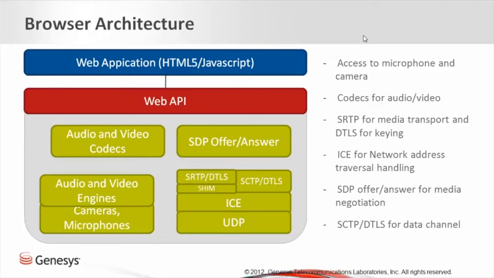So this is an architecture, just to talk in detail about what's exactly inside the browser. What is that API? What is the browser stack doing, right? So it is providing the audio-video engine, by that I mean the ability to capture the camera and the audio. Most importantly, using the codecs. So the codec is a crucial element in providing the quality of service, right? So that codec aspect is within the browser itself,